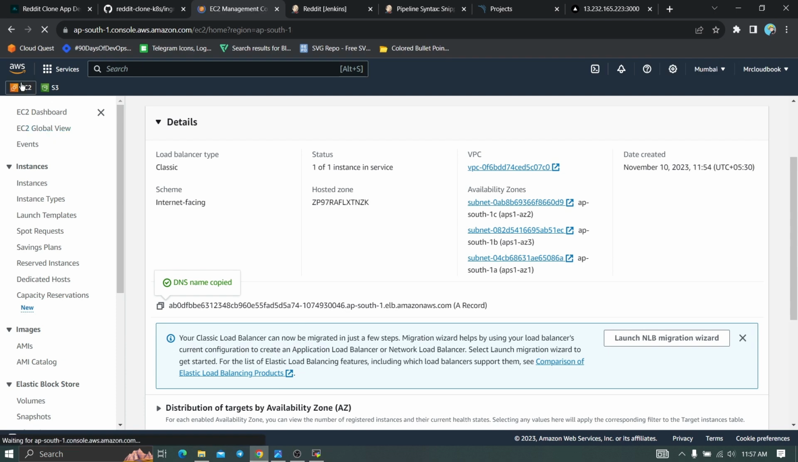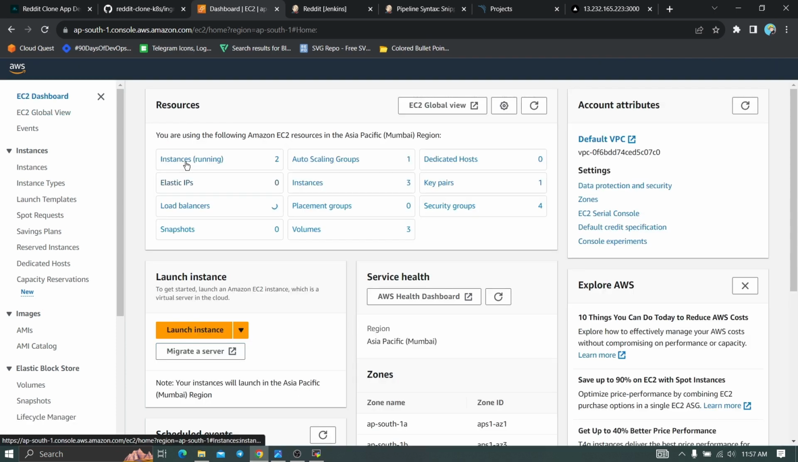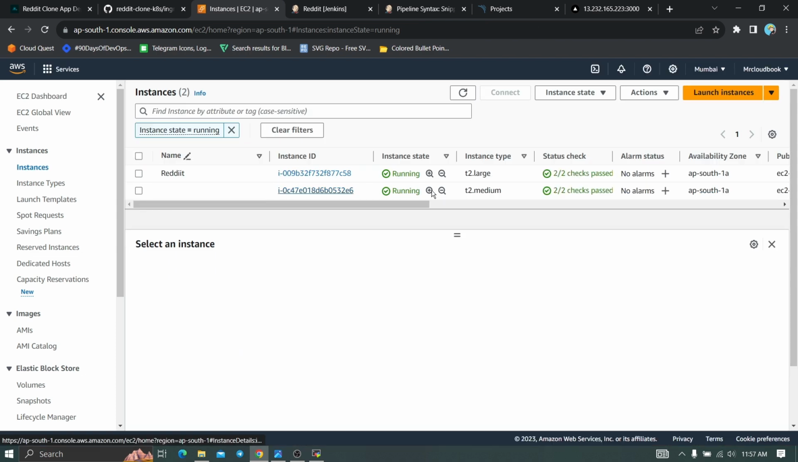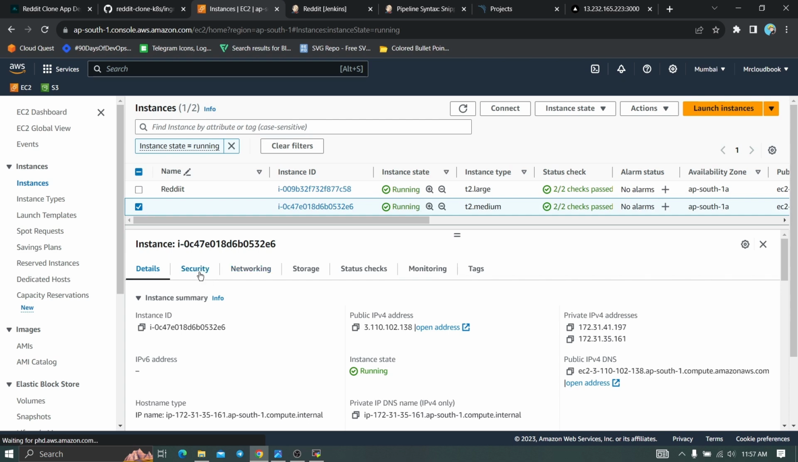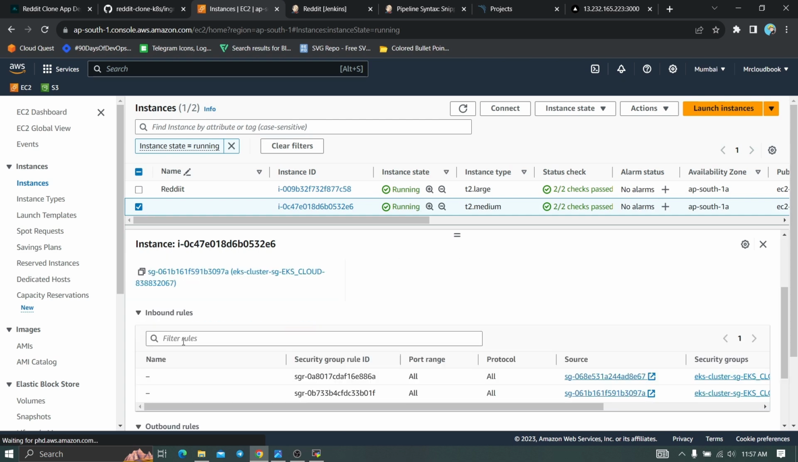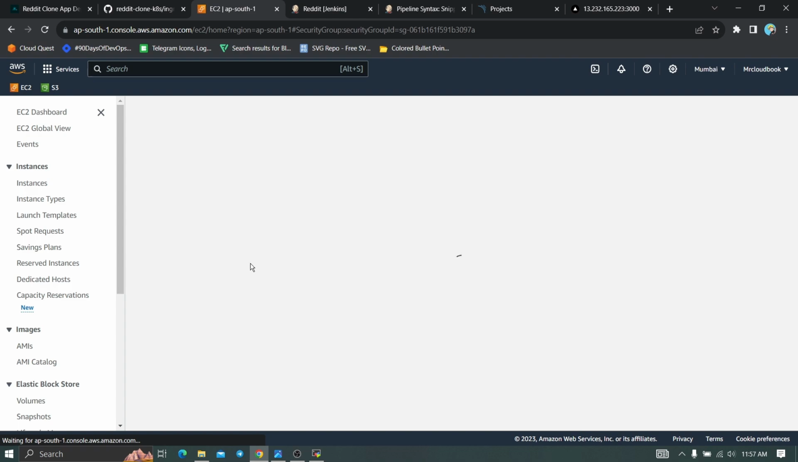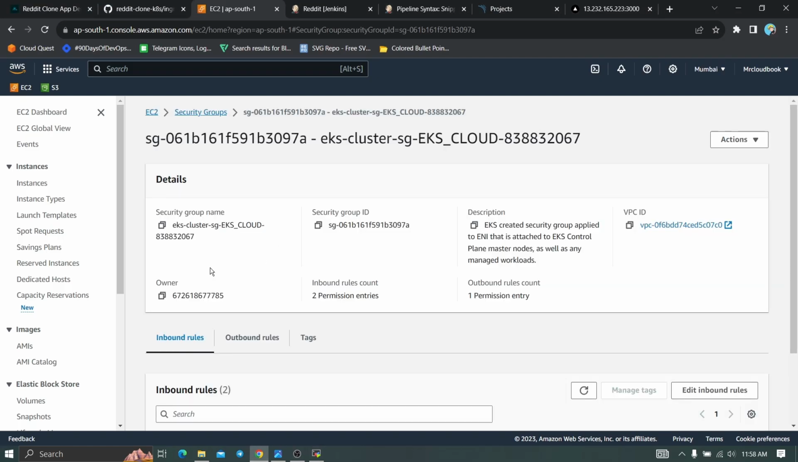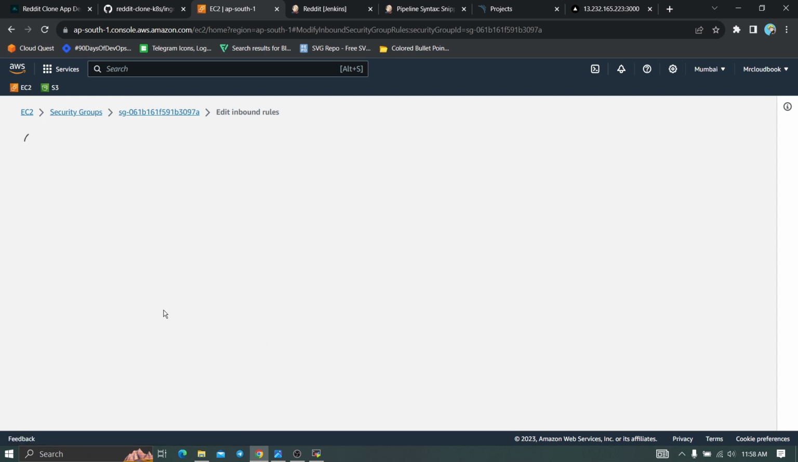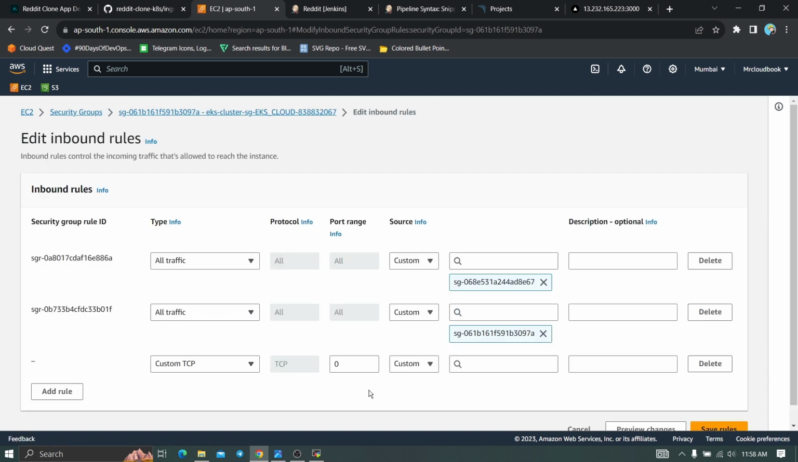and go to the EC2 and click on instances running and select the T2 medium instance. So select this one and go to security and select the security group here, and we need to open this particular port whatever we are getting, 30871, and edit inbound rules, and we need to open it, add a rule and